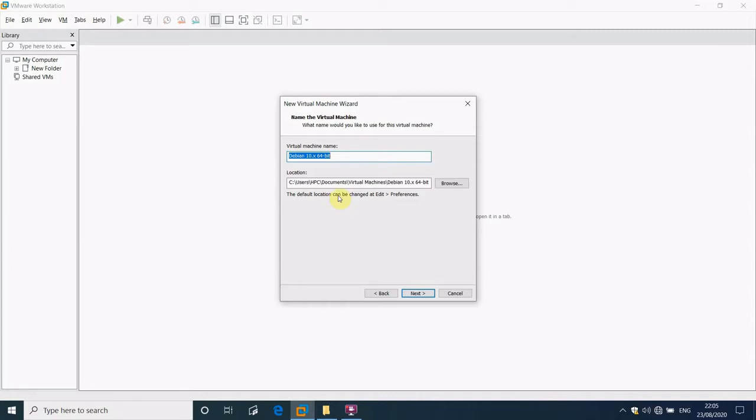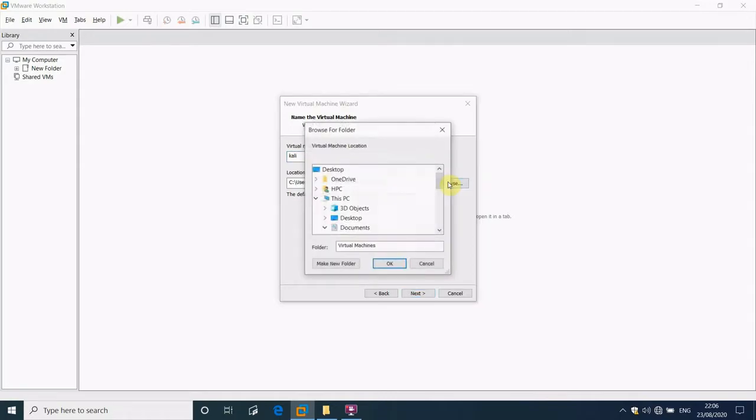Here we are going to give our virtual machine a name. So let's just call it Kali. The default location for installation of the virtual machine is the C drive. In my case, my C drive is almost full. So I'm going to browse to my D drive and install